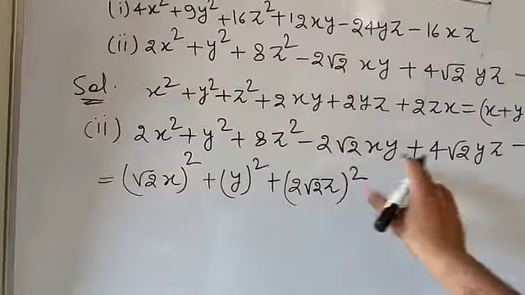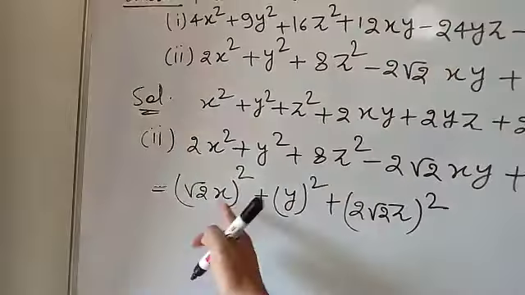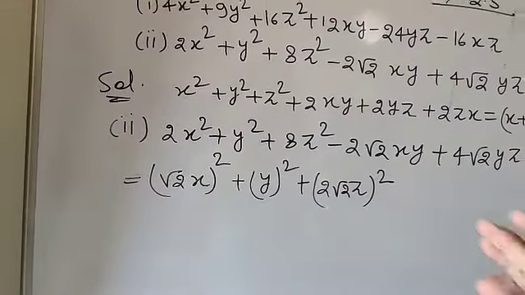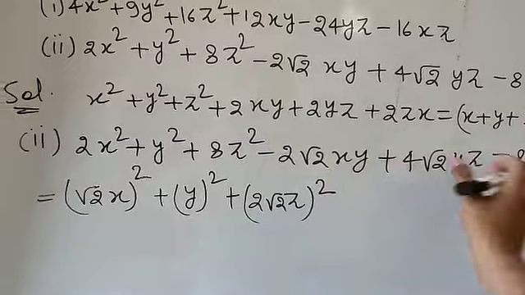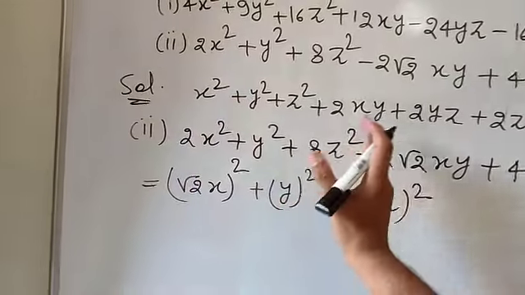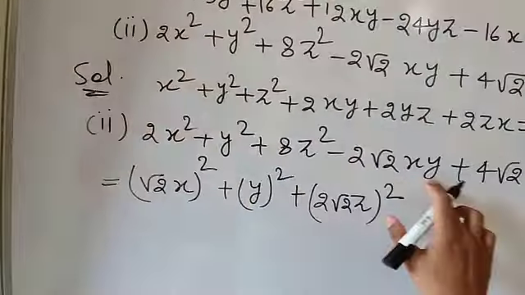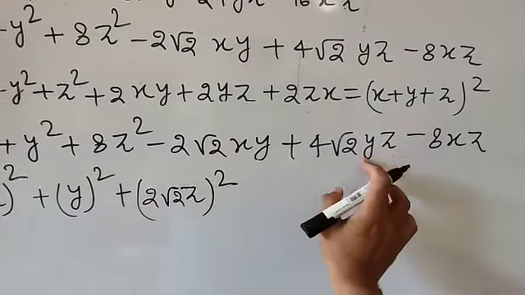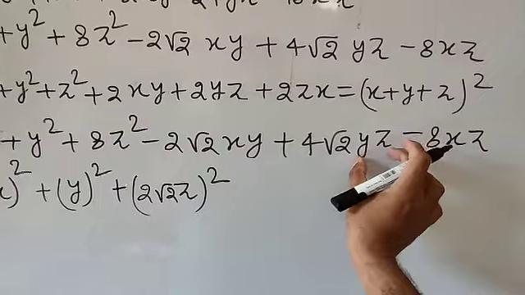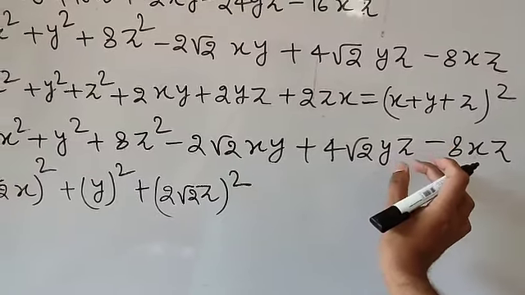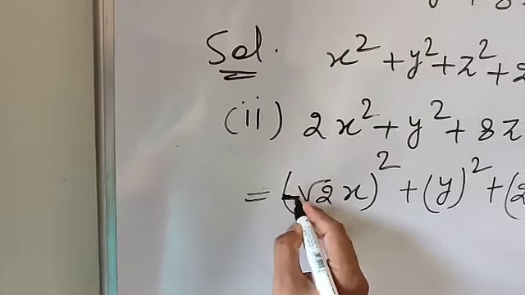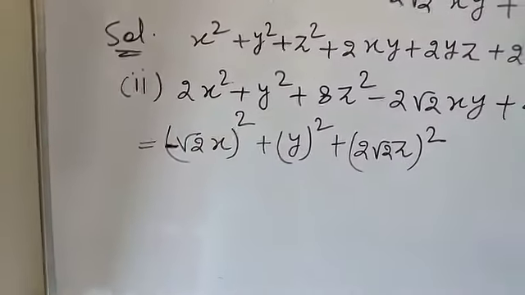Now here certain negative terms are given. It means that out of these 3 terms, one will be negative. So how will you find the negative term? The first 3 terms will always be positive, so leave the first 3 terms. Now find the next 3 terms. In the next 3 terms, which one is positive? The multiplication of y and z is positive. It means the y and z terms are positive. So what is the remaining? It means x. So here x will be negative, so here you will write minus root 2x.